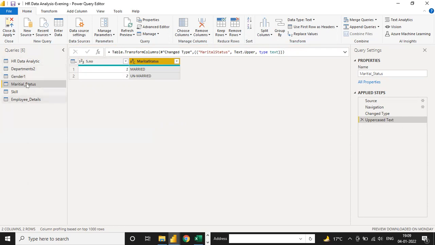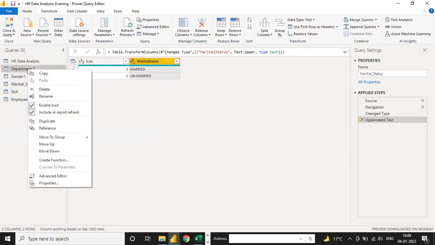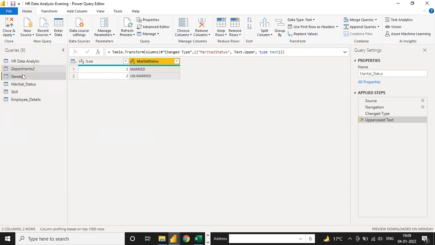Suppose in these six tables, I want only one table and two tables showing in my backend, only two tables. So for this, right click on this, uncheck this point. Right click on this, uncheck this point. Right click on this and uncheck this point. So you can see the department is a little italic because these four have a little lower text color, so that's why they are not loaded into the Power BI view.